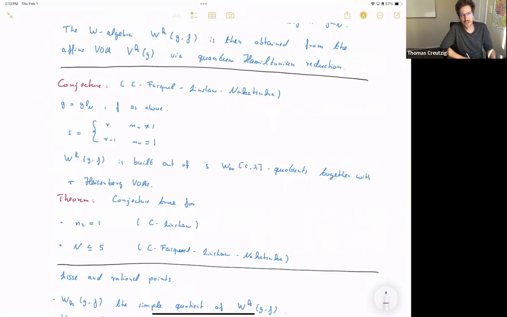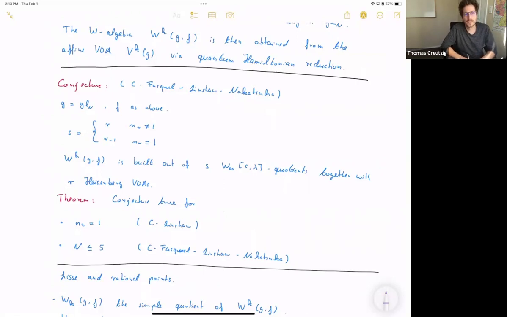In fact, we conjecture something more general, but for the purpose of this talk, I phrase it in this specialized form. So for type A, if our nilpotent element, as I explained, and then S is roughly the number of rows the Young tableau has, or R minus 1. And our conjecture is that the W algebra of type A, of type GLN, that we obtain in this way,